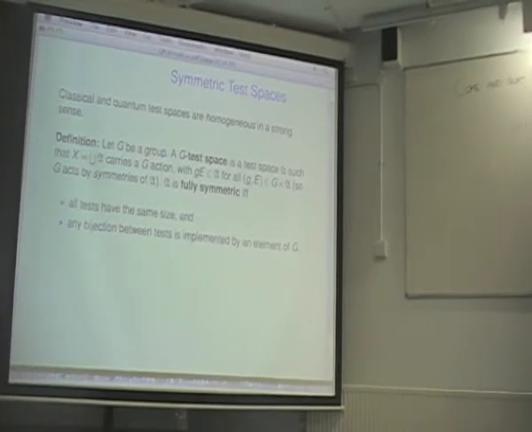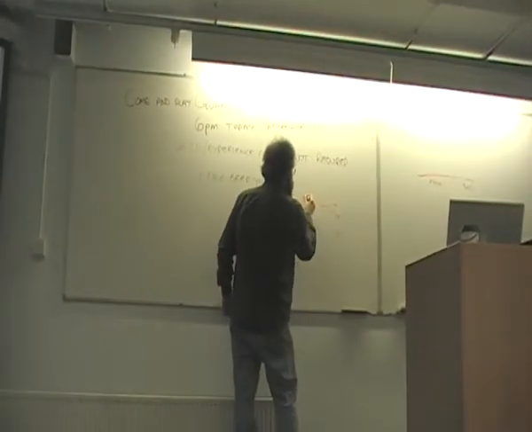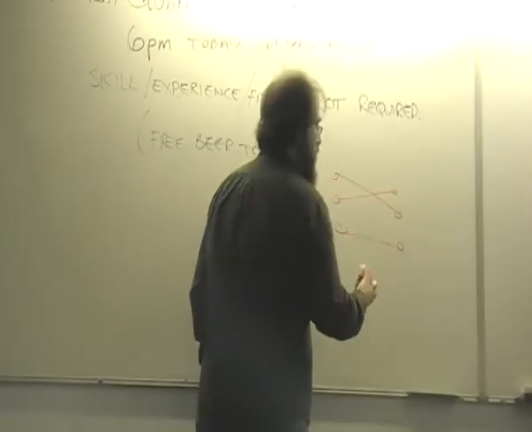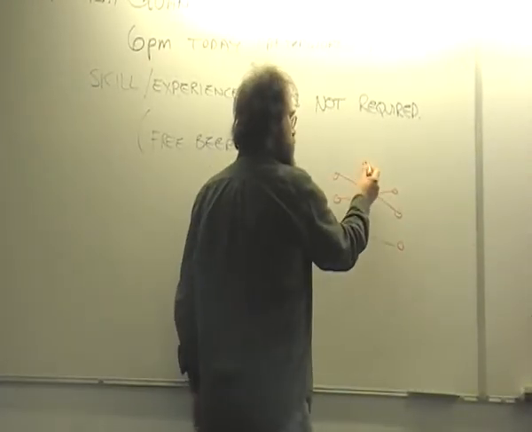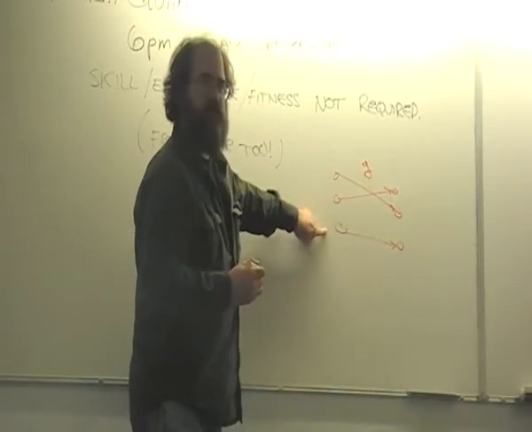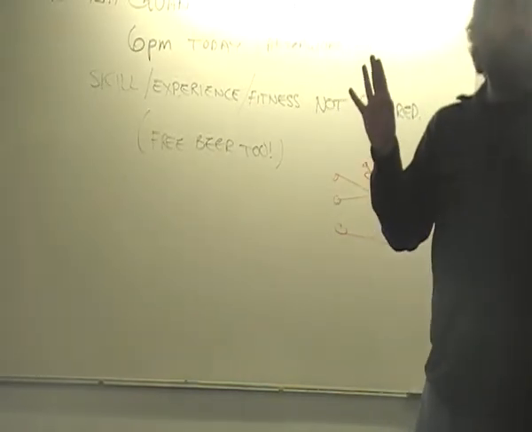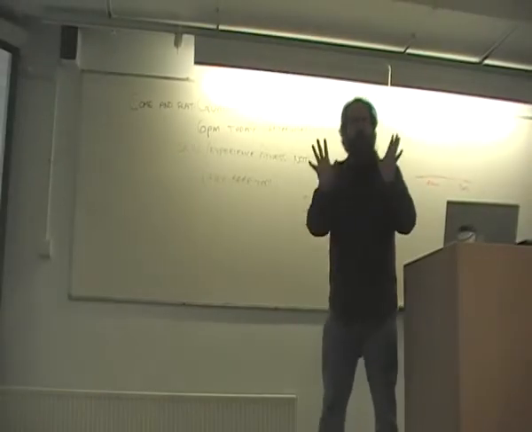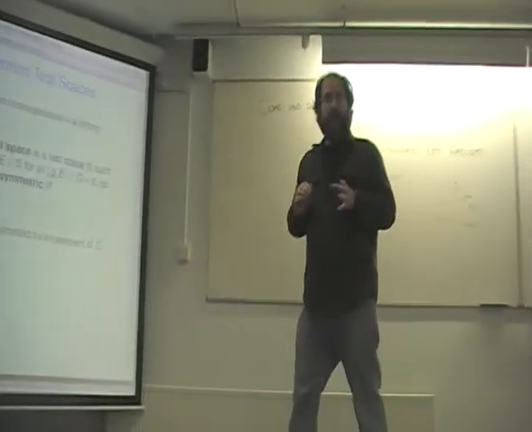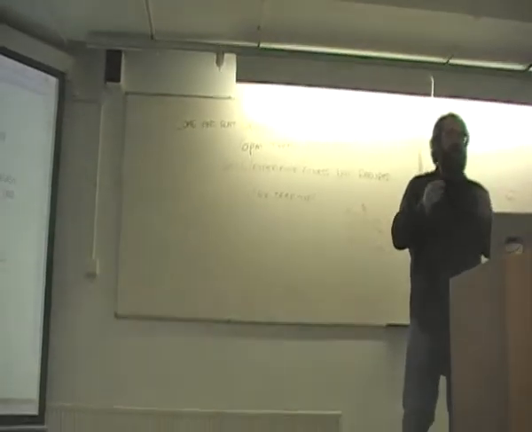And I match any way I want these outcomes. I have to be able to find an element of the group, let's call it little g, whose action restricted to this test gives me exactly that matching. I'm not going to require at this point that that be unique. There are actually some interesting examples, even quantum mechanical examples, where it's not unique. Just think of the case where you're projectivizing everything. There are phase